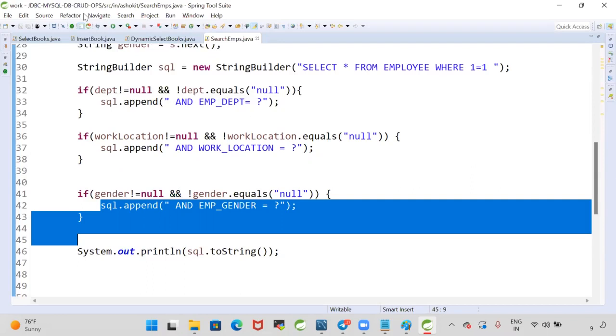I was struggling only to implement that query. I'm able to write the logic to execute the query. I'm able to get the data. I'm able to display the data in the JSP table also. Only the problem, the query was not constructed as expected. Based on the user input, the query should be constructed. So that kind of coding, that kind of maturity, we will get with the